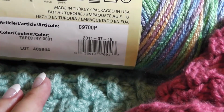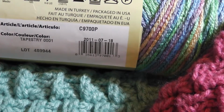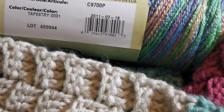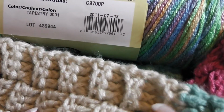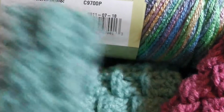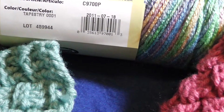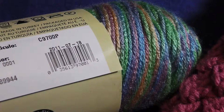And surprisingly, these 2 colors are still in existence. The off-white actually was once called winter white, but it's a little darker than the original winter white, which wasn't white, and it wasn't off-white either. So that was the closest I could come to. And the first color I got was, first one I had,